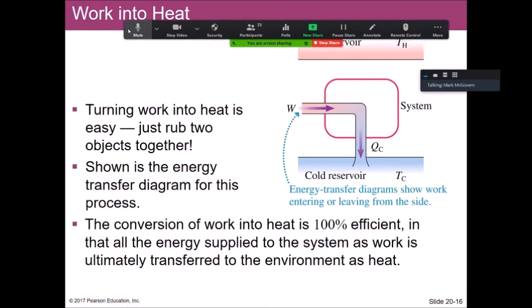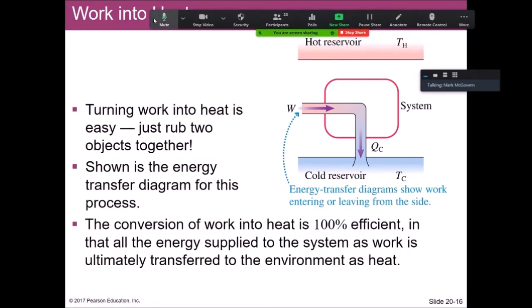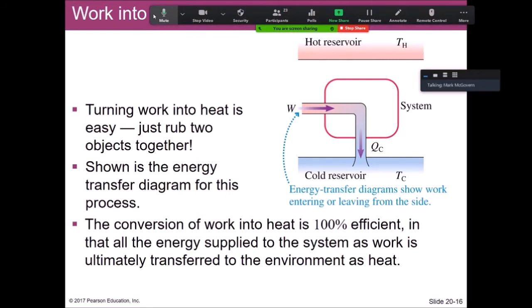All right, so here's what we're really interested in doing, though. We can't take a bunch of heat and purely convert it into some usable work. Meaning we can't extract energy out of a heat reservoir and perfectly take that energy and put it somewhere else that can achieve something useful. That's what we refer to as the conversion of heat into work. Okay, it's not something that you can very easily do.